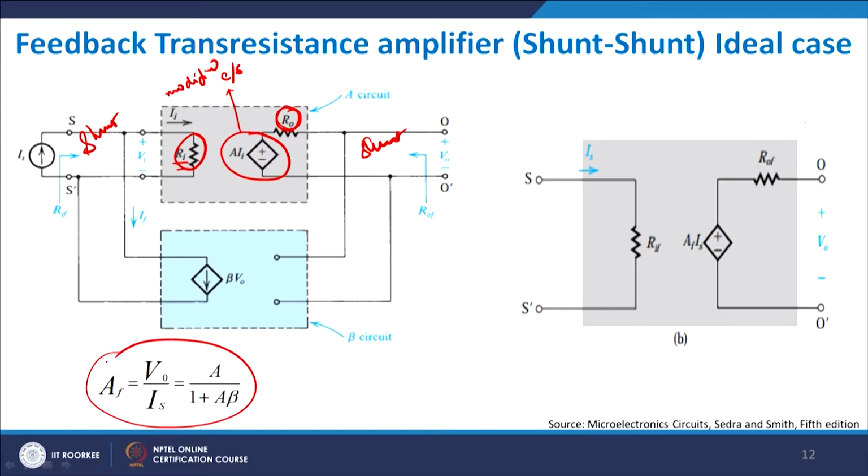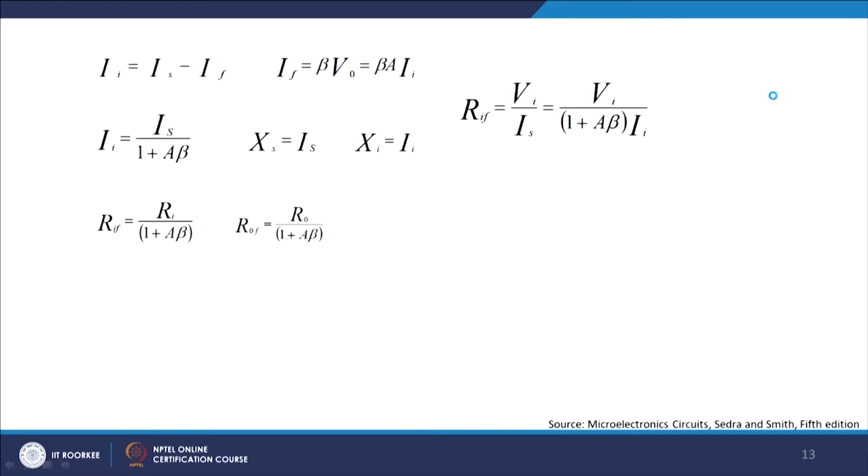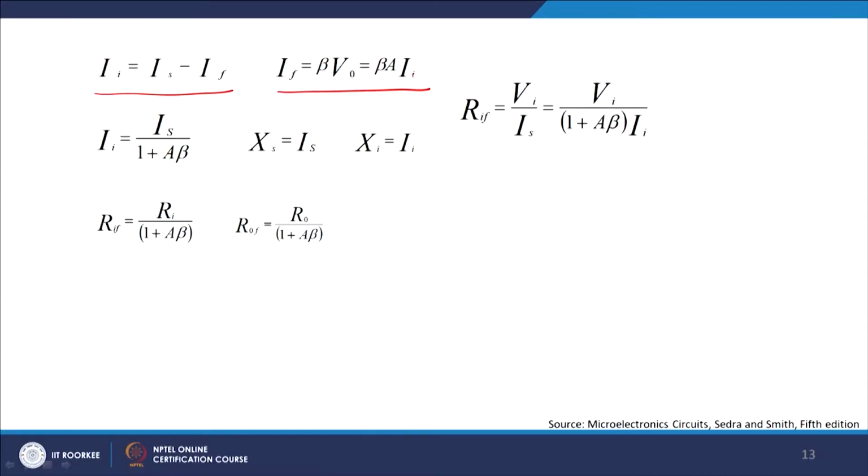And if you go back to your ideal shunt case, I get RIF, I get ROF, and you have AFIS, which is basically a controlled current source, which gives me a value of output current for various values of AF chosen, right. Now, therefore, I get input current Ii equal to IS minus IF because of negative feedback. We already know IF is equal to beta times V naught, and since V naught is nothing but A times Ii, I can safely write IF equals beta times A times Ii, right. So, I get Ii equals IS upon 1 plus A beta, and therefore I can write down input impedance